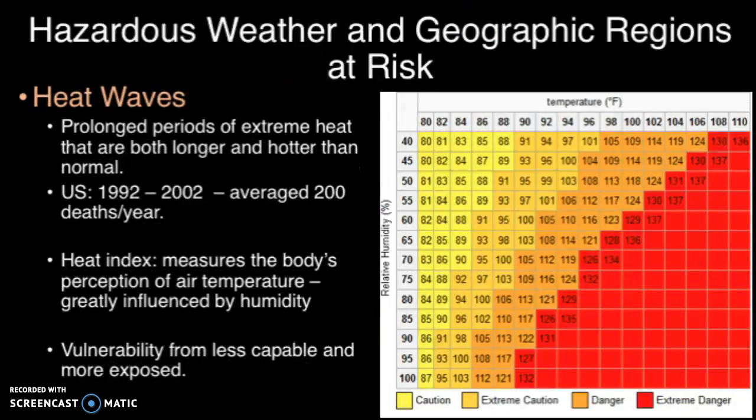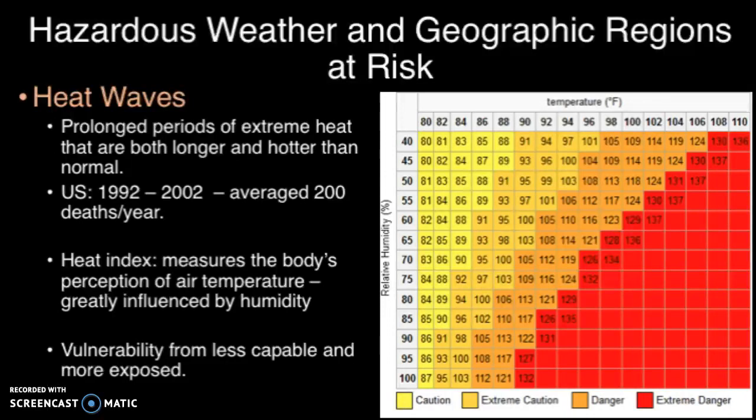Heat waves. Heat waves are not really heard of too much in the news, but it's probably one of the hazards that kills the most people overall in the world. Heat waves themselves are defined as prolonged periods of extreme heat that are both longer and hotter than normal. So in the US, for example, between